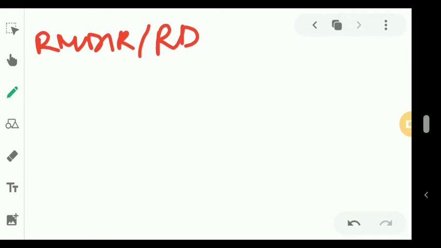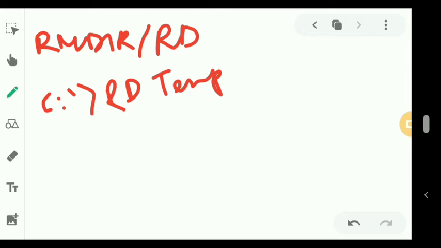Treated as an RD. So this RD command is used to remove or delete a directory or a folder in DOS. Okay, so you can write down the path, or you can directly write down the directory or folder that you want to delete. So C colon, okay, RD then temp. Suppose I have created a temporary directory that I want to delete, or else you can give a location also. How to do it?